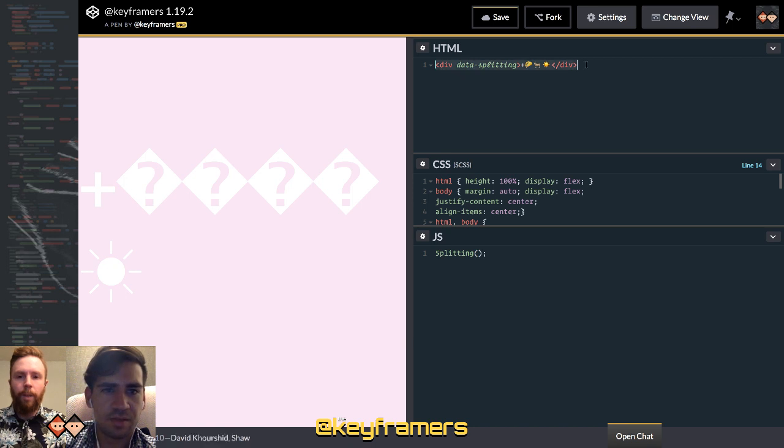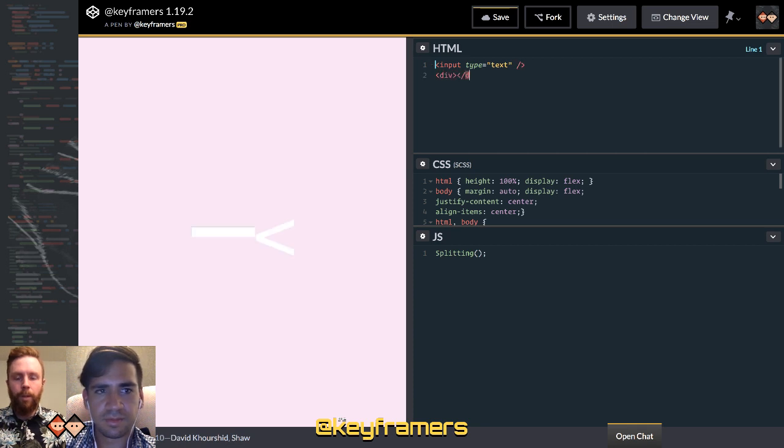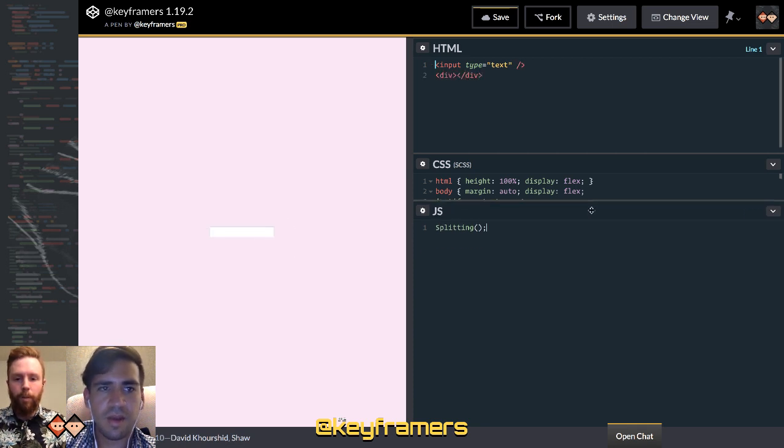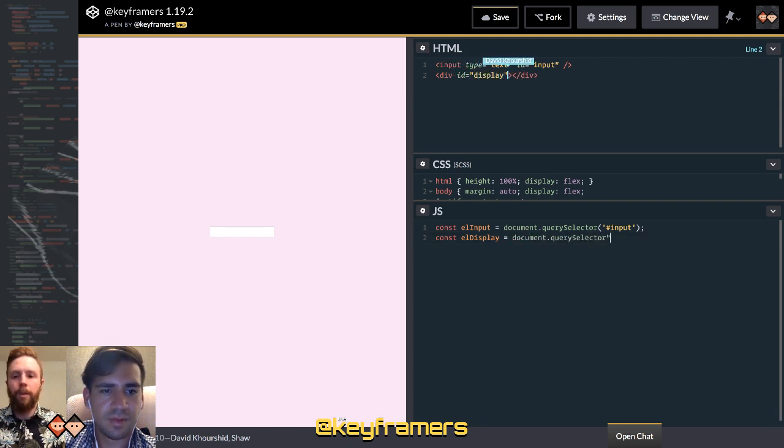Okay. Interesting. Well, let's do our input type equals text, and I can showcase that. Whenever the text changes, I give it an ID of input. Then const display equals document.querySelector, and I give it an ID of display. Display.